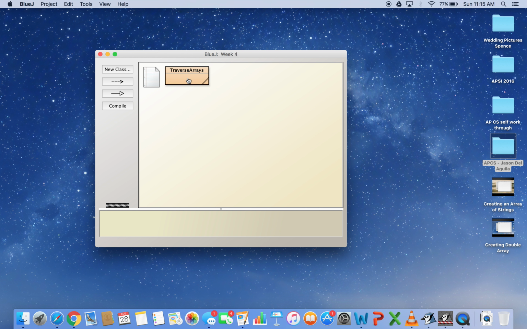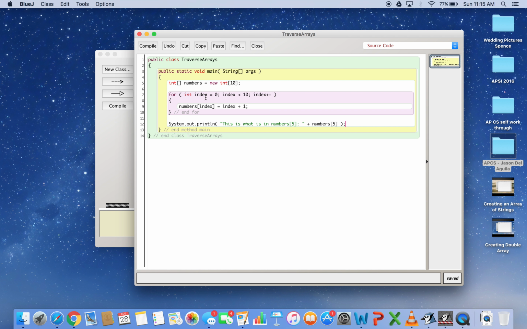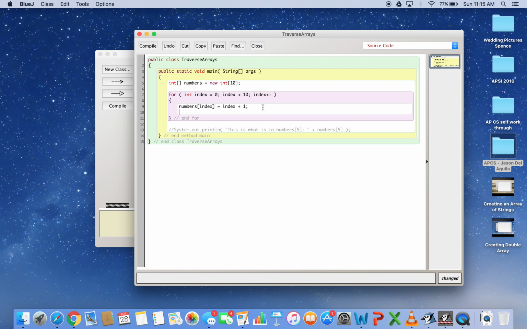Hopefully that's amazing to you. Like, oh, that makes sense. I filled it all just with a for loop. And then I can actually print them all. So let's comment this out inside that loop. So really, I filled them all using this for loop and this line. And then if I want to print them all in the same loop,